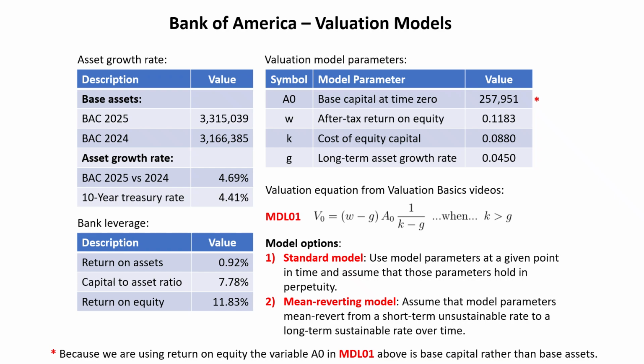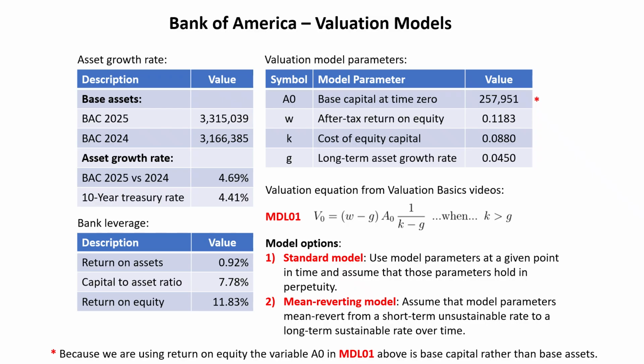Now, the 10-year Treasury rate has historically proved to be a good indicator of GDP growth. So we can use a 10-year Treasury rate of 4.41%. So at the end of the day, for our quick and dirty valuation, which we'll do in the next section, we're going to use 4.5%, which is kind of halfway between those two